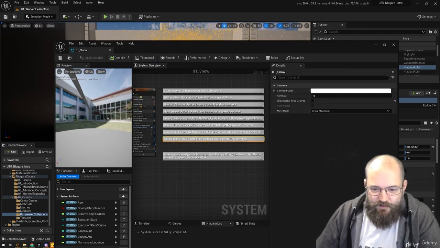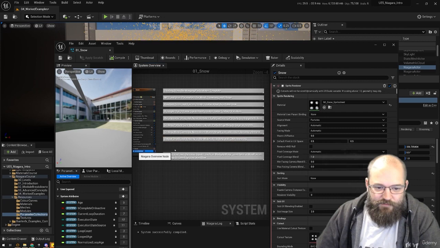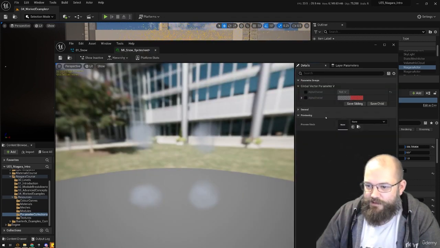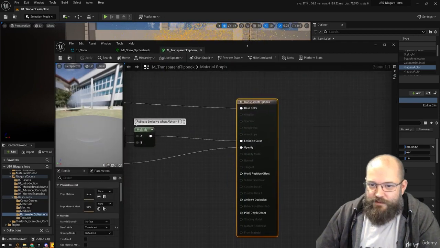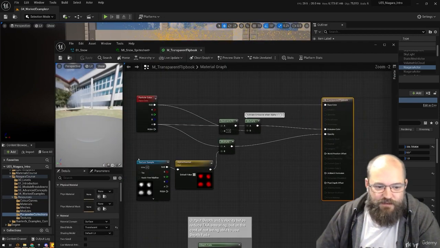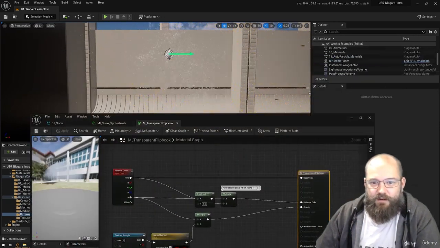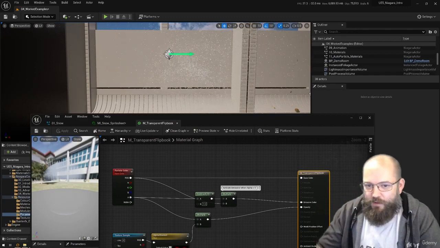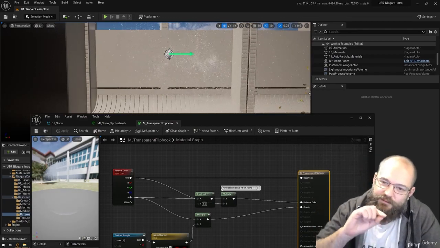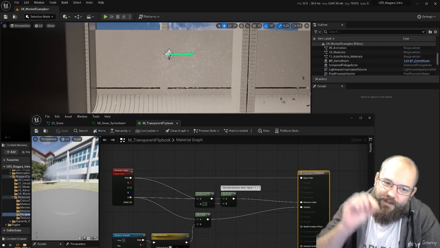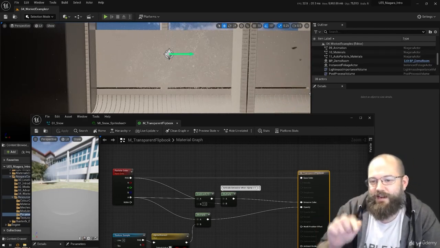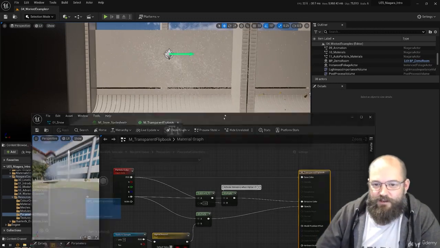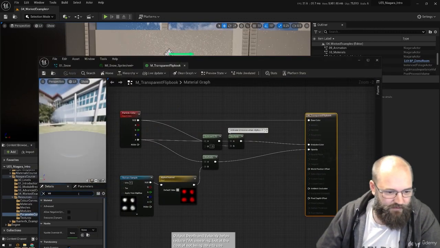A couple of other things, or last bit in here, output depth and velocity. If we open up this material, one of the absolute worst nightmares when dealing with tiny particles is that you get TAA smearing. Little particles spawn and move through the world, and the previous frame's visibility is blended with the current one by the temporal anti-aliasing, and you get horrible smearing. But there is an option for